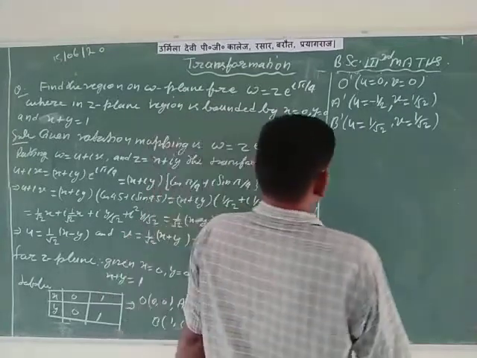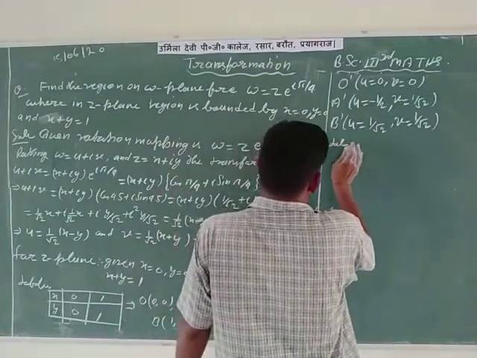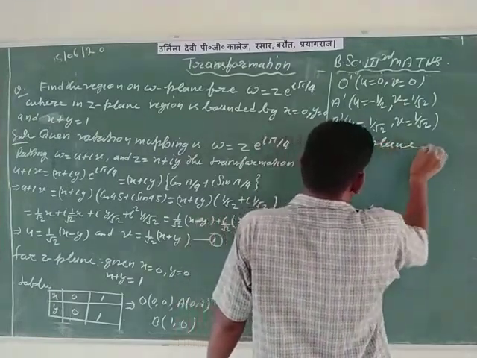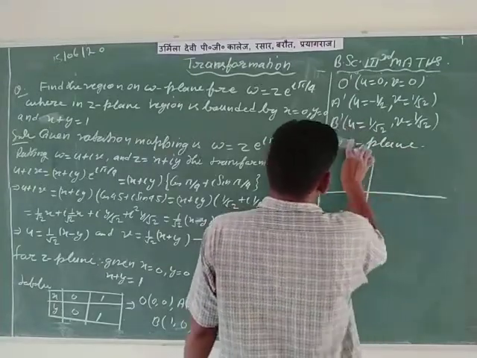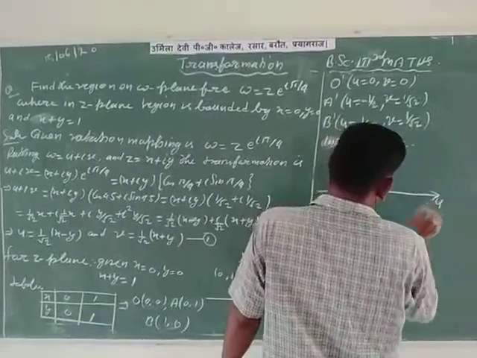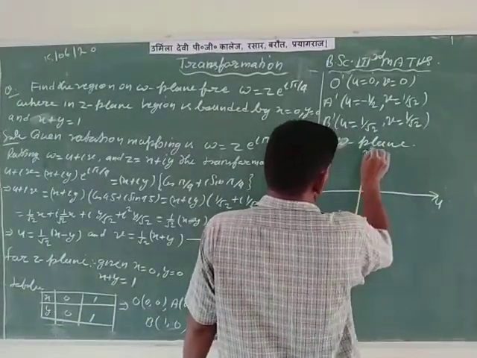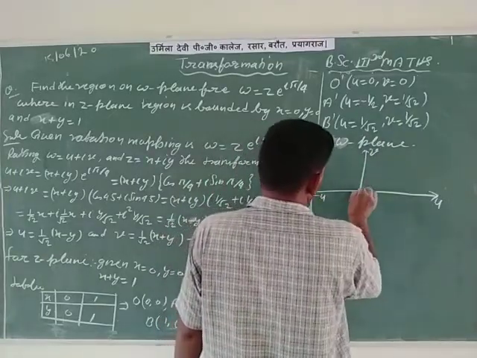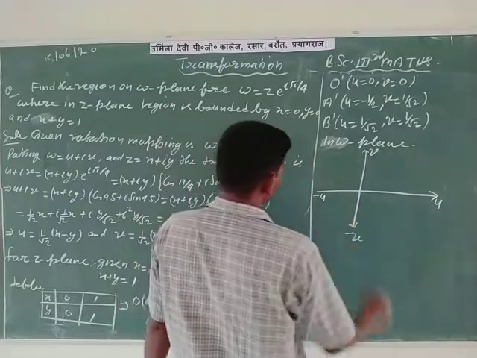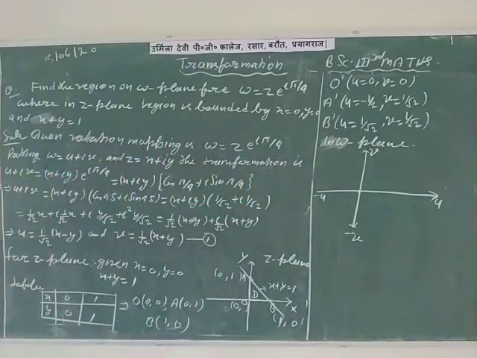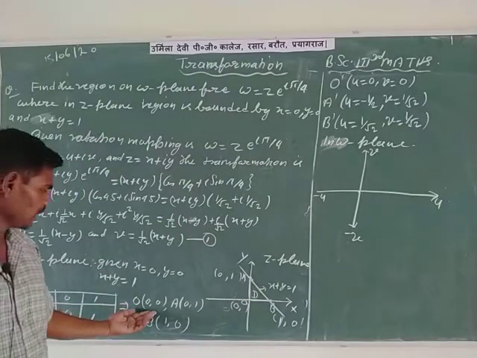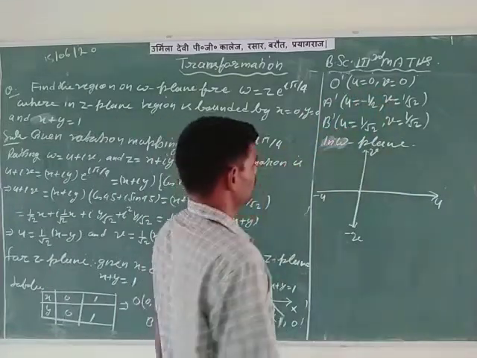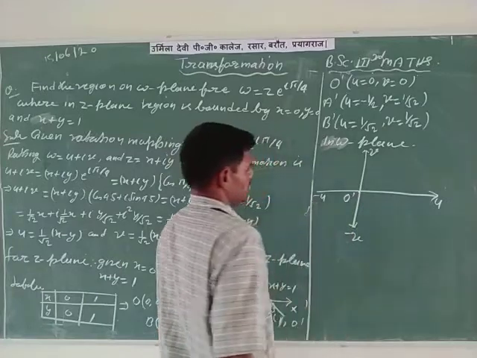the Z plane. Draw a figure on the Z plane. First draw a table. Table points are clear. So in the W plane, draw the figure: the x-axis is denoted by small u and the imaginary axis is denoted by small v, with minus u and minus v. The origin point is denoted by capital O dash. So in the W plane the corresponding point O is O dash, whose coordinate is also 0, 0.